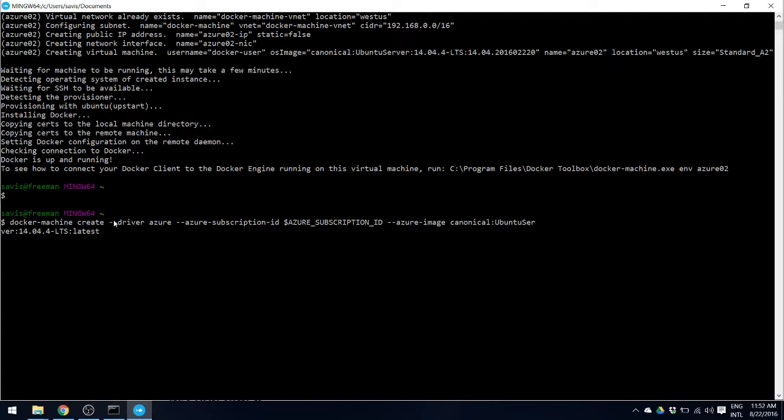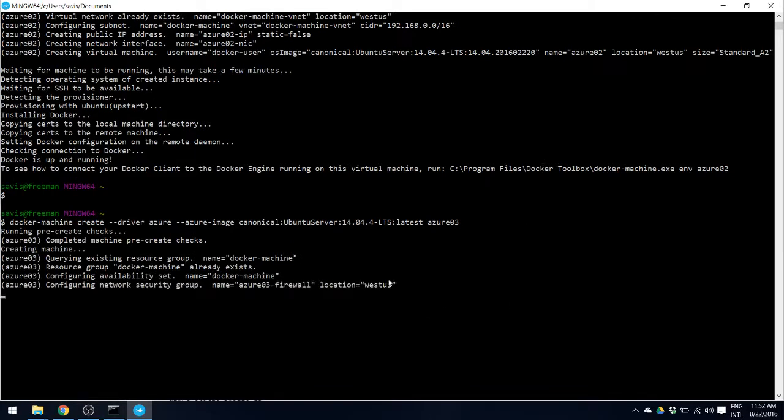Note that I'm using latest instead of using that tag over there, and I'm going to name it Azure 03. The difference though is I'm going to remove my Azure subscription ID. I'm going to use the environment variable which I had created previously.